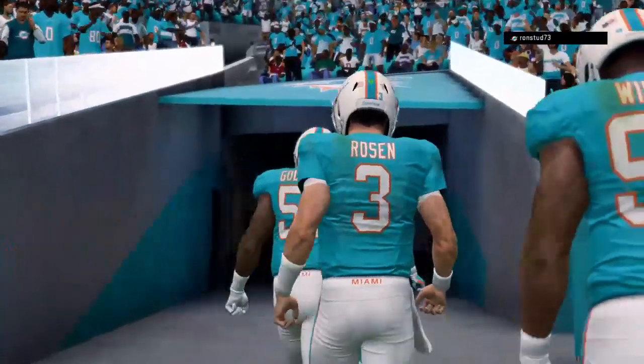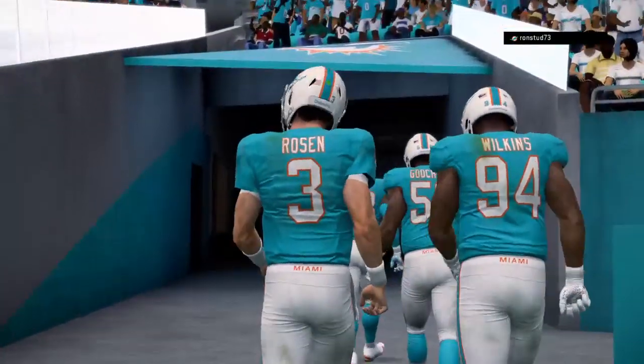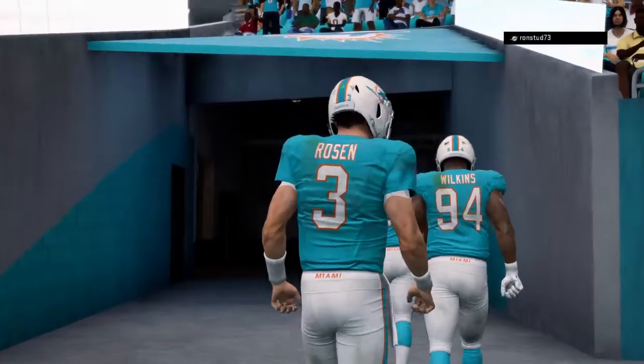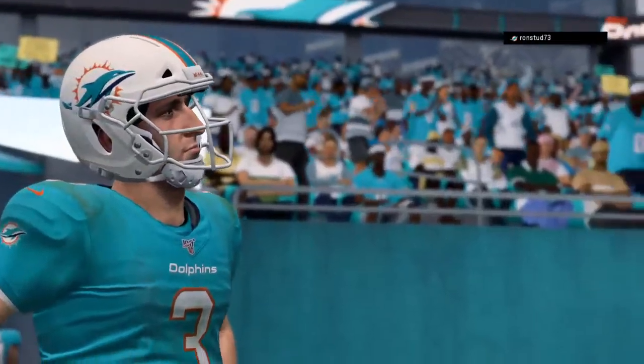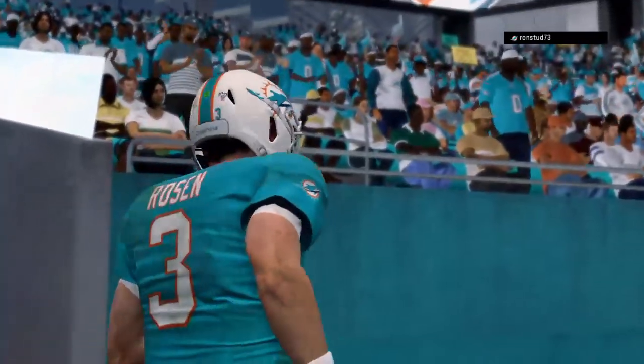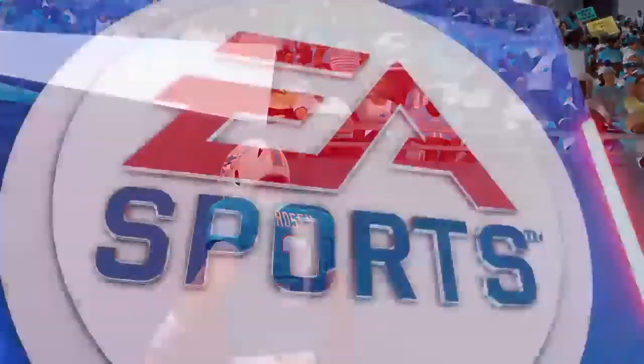So for the Redskins, they climb back to .500 now at 3 up and 3 down. And they will head back home next week. Meanwhile, for the Dolphins, things aren't looking good. It'll be an 0-5 start, and they'll try to get back on track next week as they head up to